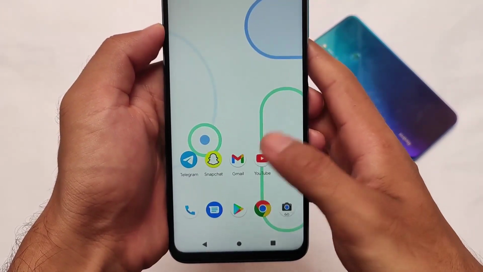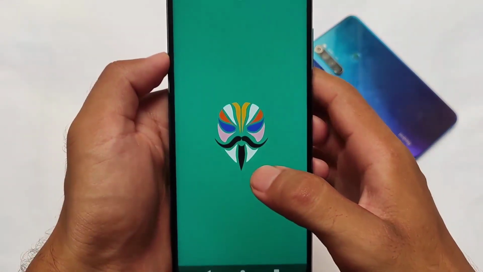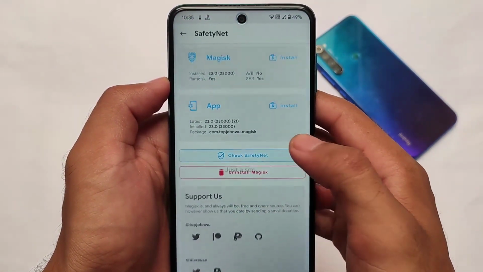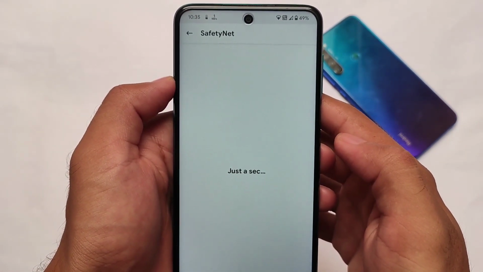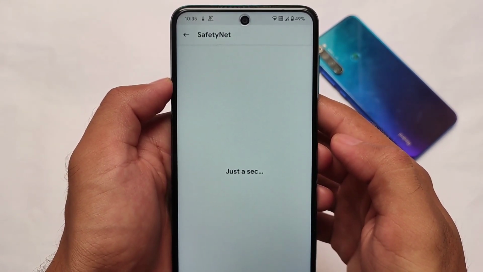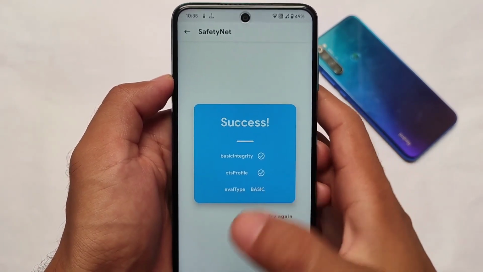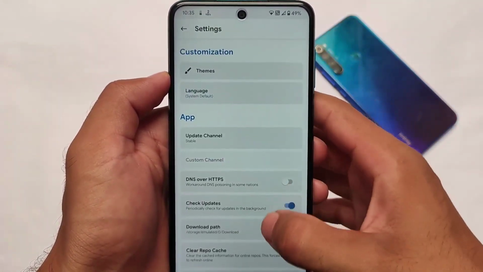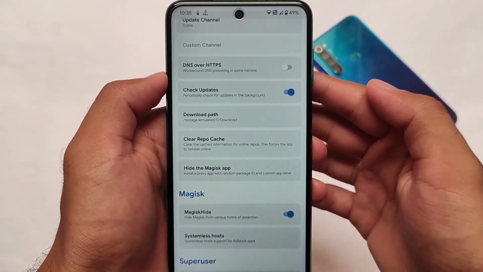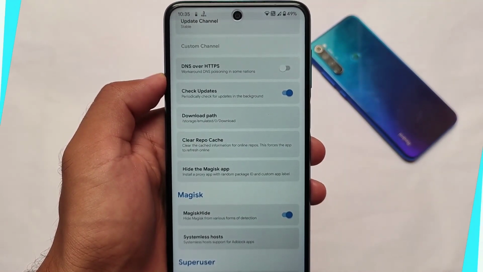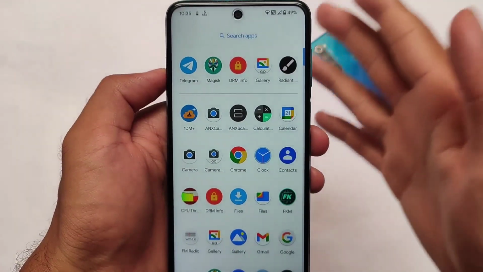I just love this custom ROM till now. It's just one of the stable builds out there. And also yes, one of the major things to keep in mind is the safety net status. It has also passed, no issues in safety net status right now. I don't think I need to show you the safety net status in all custom ROMs, because every custom ROM right now has a safety net status passed. Of course, you need to hide the Magisk from settings, and else you're good to go.